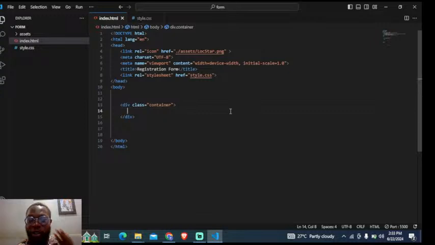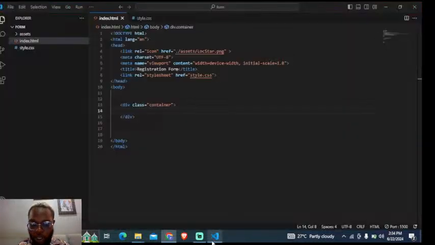Now, there are seven text tags, and they differ in sizes, starting from the largest to the smallest. We have H1, H2, H3, H4, H5, H6, which all stand for headings 1 to 6. And after the headings, we now have the paragraph tags, also known as the P tag. Now, as we said earlier, they all differ in terms of their size. So the H1 is the largest, and I'm going to be using the H2 because I don't want it to be too large. So I'm going to be using the H2 text tag,